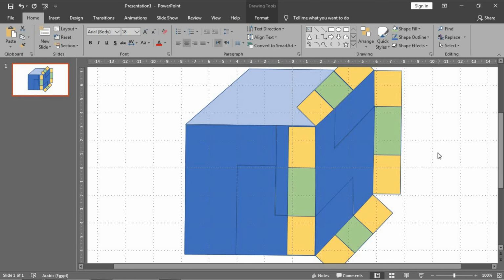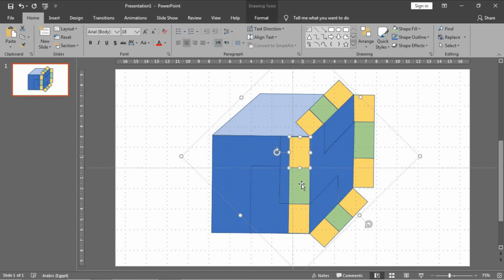Okay, it's nice. As you see, there are some faults here, and I will fix it at the end as I told you. And now let's do the same thing again to draw the squares in the last interface, but